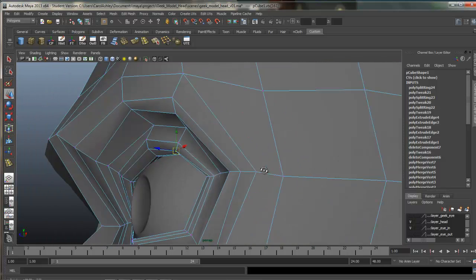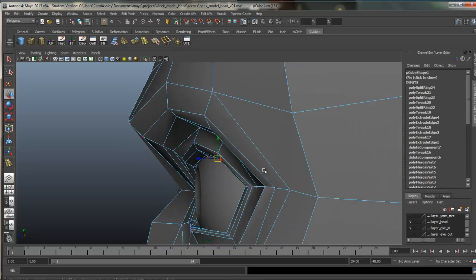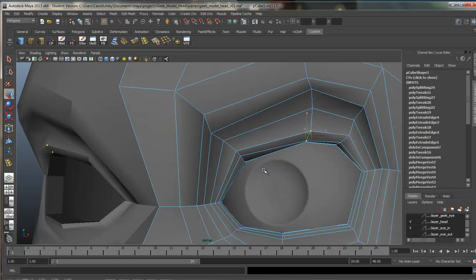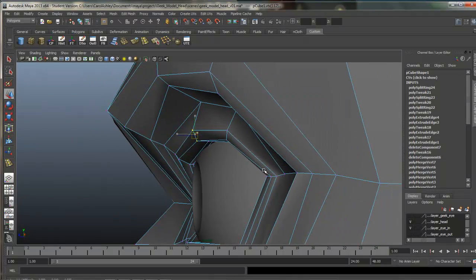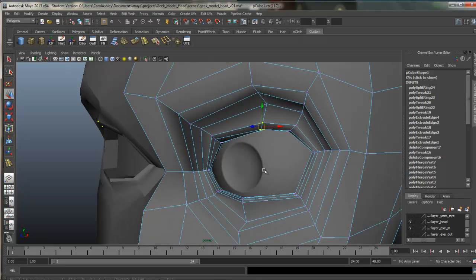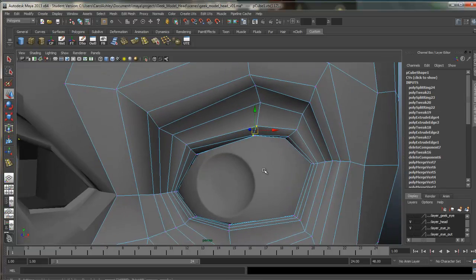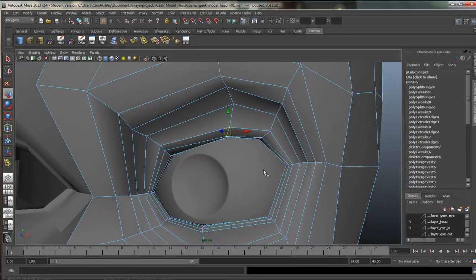Okay, so the eyelid is starting to look kind of heavy now. We can still sort of pull these points out a little bit more if you want to play with those, kind of get him looking how you want. And if you want to insert something that goes part way around, similar to a wrinkle, you would